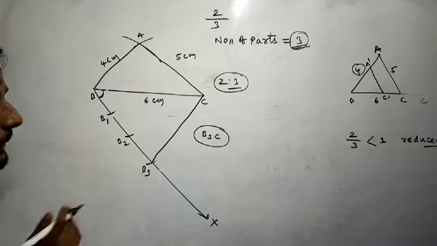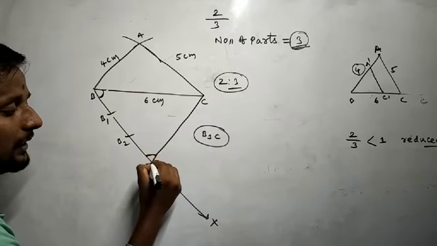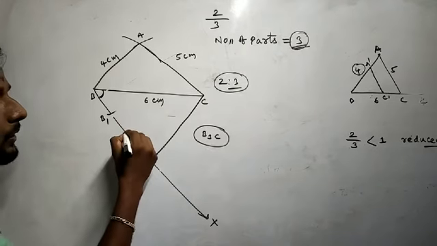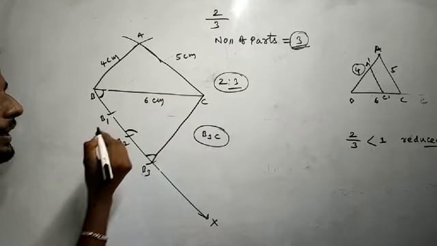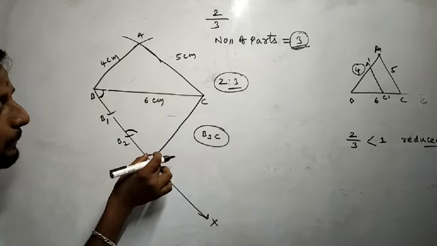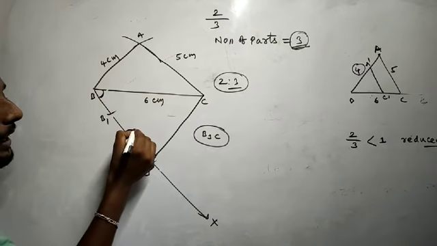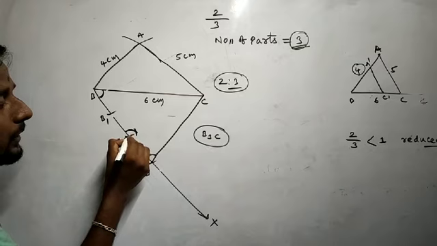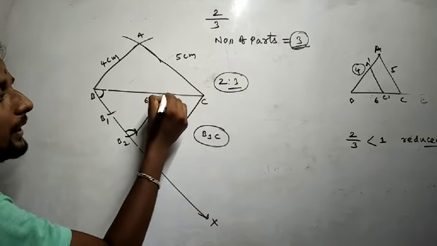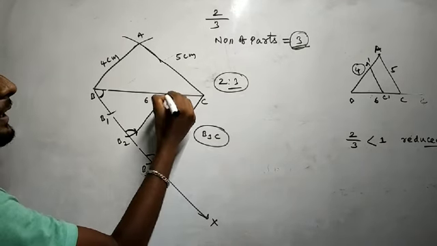Then what to do? Same thing: make an angle here with the center at B, and repeat the same with B2. We made a little arc. Measure the arc end point and starting point, then make one more arc. Wherever the arcs intersect with B2, join both points and extend it. Wherever it cuts, it is the point C dash.